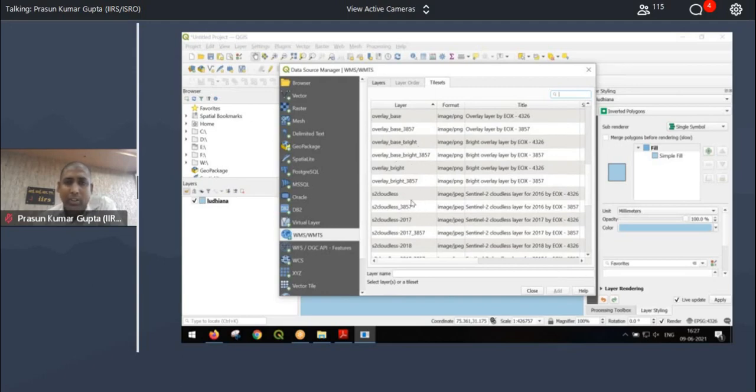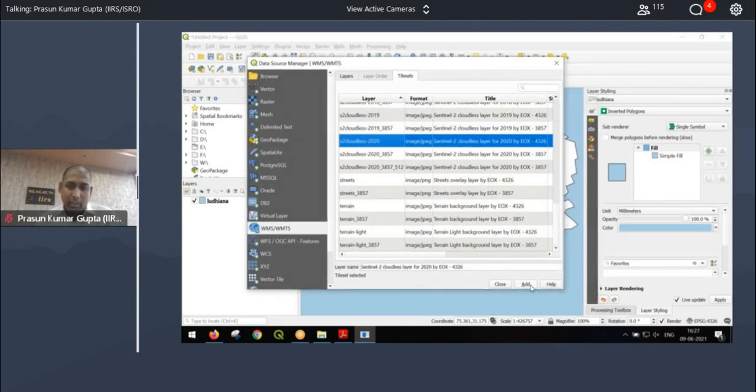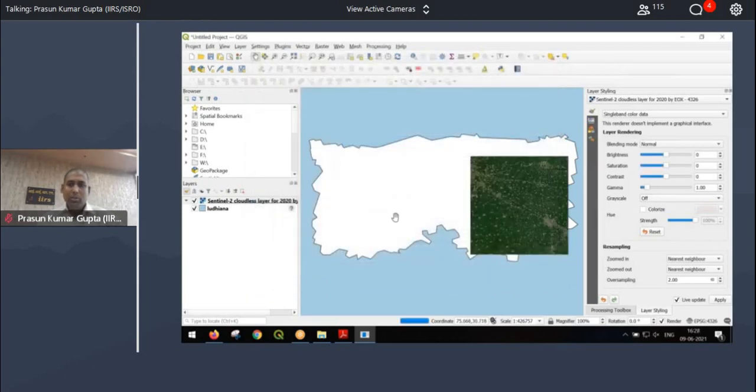You can experiment, add each of them and see what you get, okay? Right now, in interest of time, I'm taking this Edge to Cloudless 2020 and I will click on this add button and I think that's it. I will just wait for it to pop up here. Yeah, once it has popped up, I will close this.